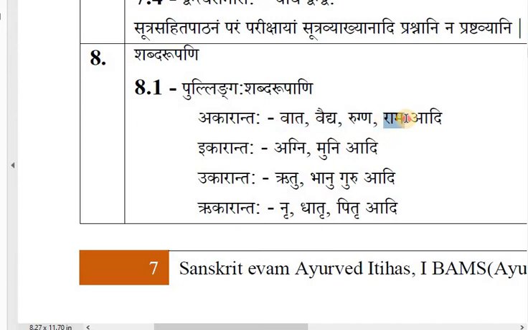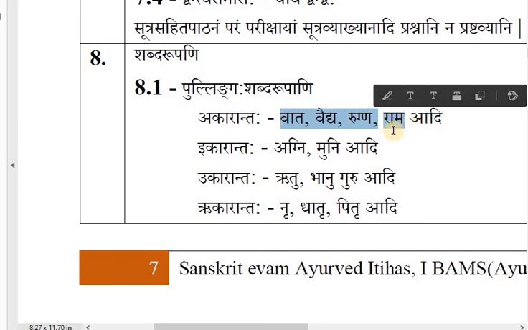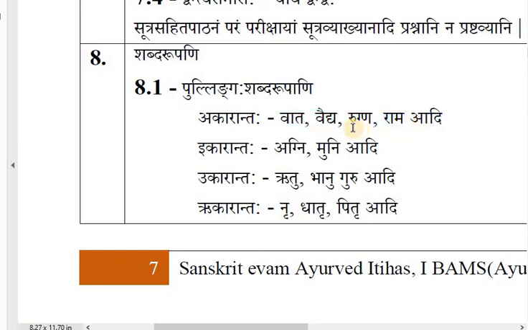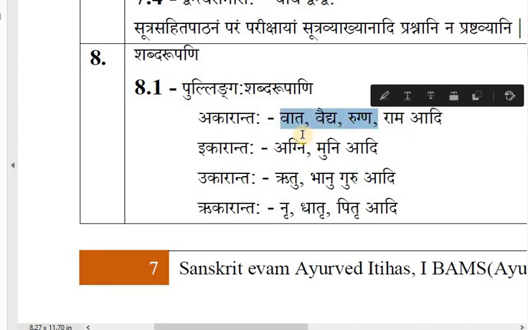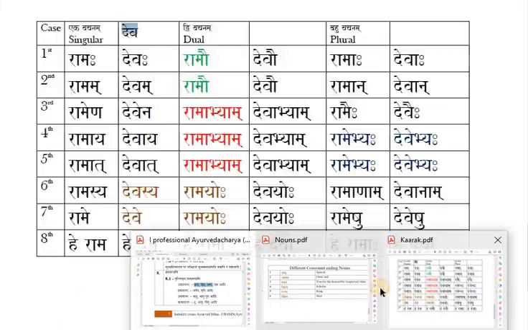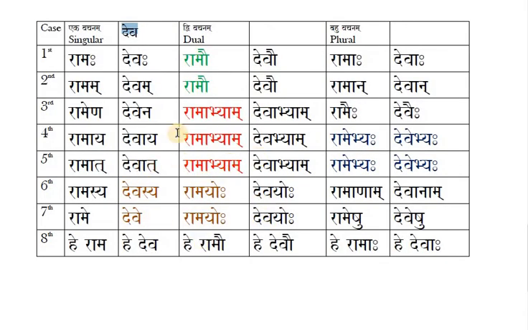So here we have Rama, already we understood, no? So other forms will be same as Rama. Right? Ramaha, Ramo, Ramaha. Then what should be for Rugna? Rugnaha, Rugno, Rugnaha. For Vedya, Vedyaha, Vedyo, Vedyaha. For Vata, Vataha, Vato, Vataha, like this. So if you learn one table, you will be able to remember all the forms of all these words. Here we already discussed that first table, Rama. This table we understood, the meaning of each case, and different numbers, dual and plural forms are also there.